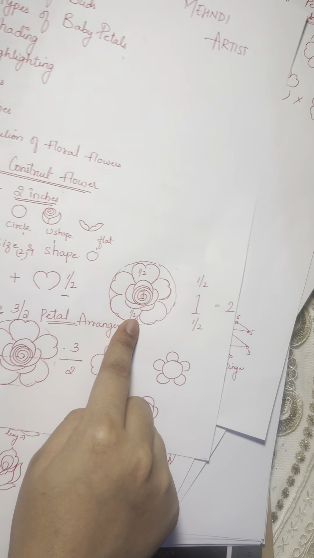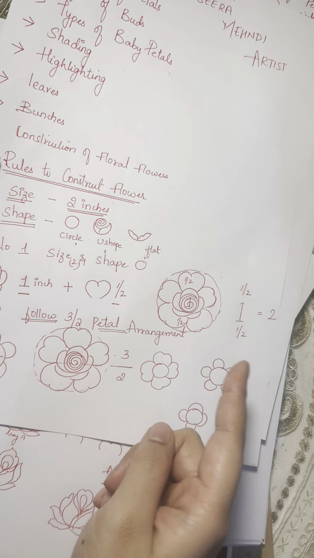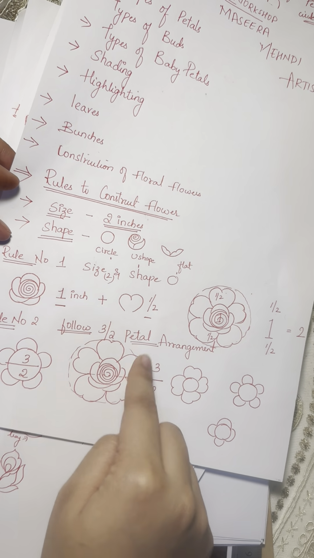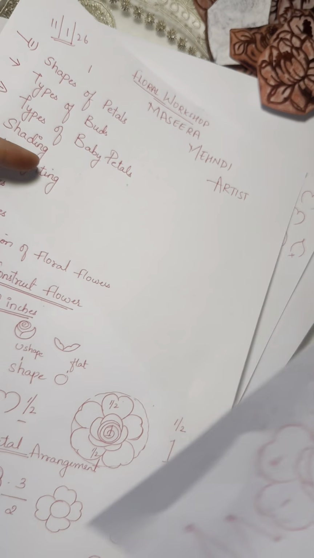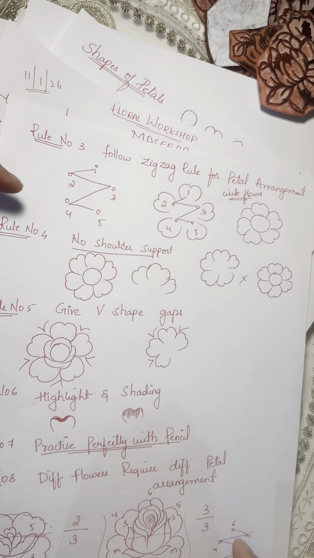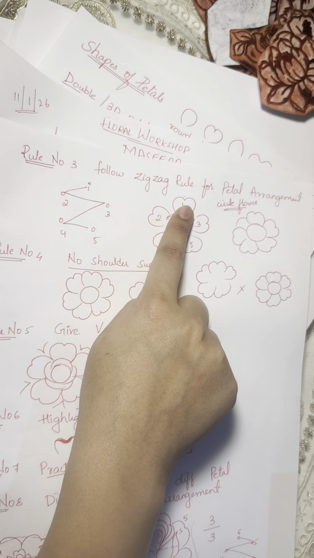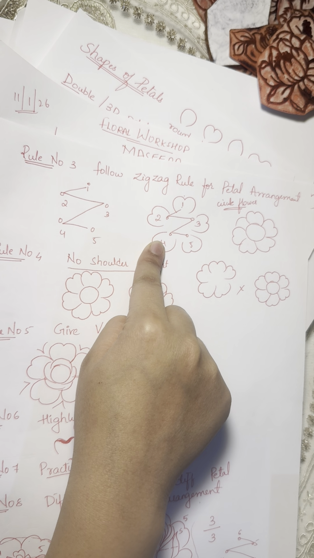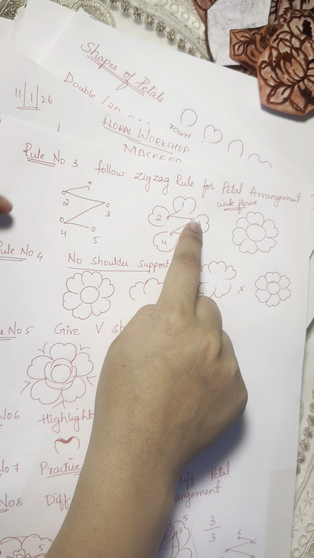And we have also learned rule number 2, how exactly you can arrange your petals, 3 above, 2 below for circular flowers. And then we have learned how you can arrange your petals in the best professional technique to construct it perfectly. So you can start your first petal from the center, second left, third right, fourth left, fifth right. In this way you will achieve perfect sizes for all the